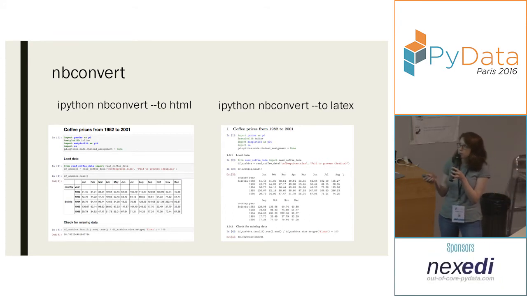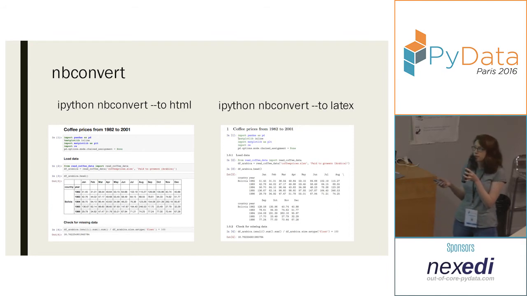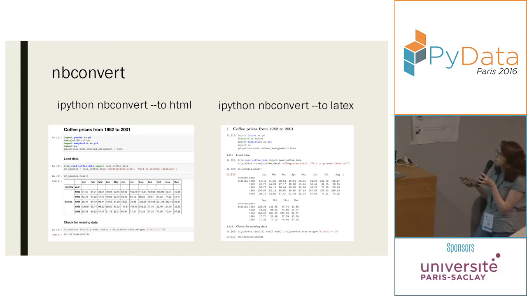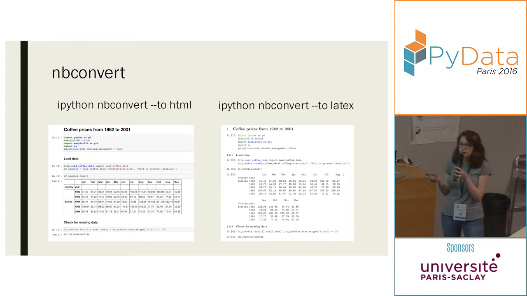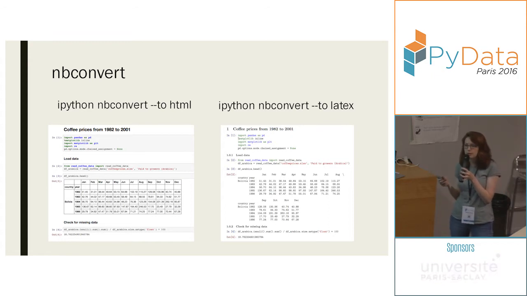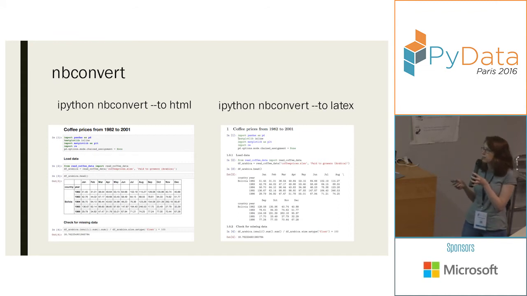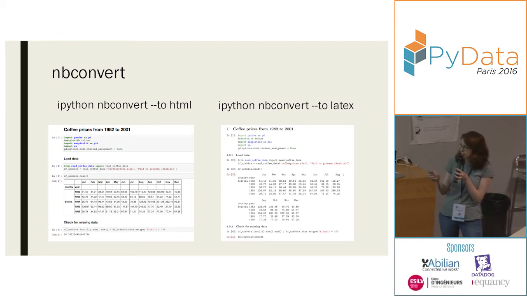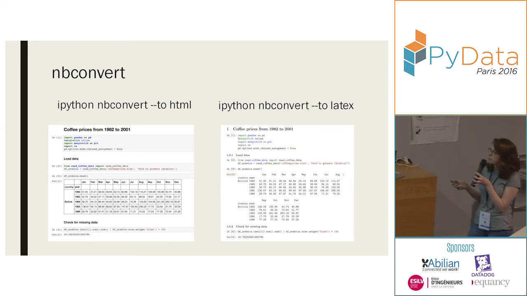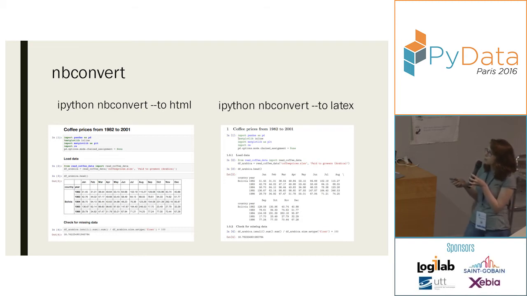I can also convert the notebook into a text document, which I can then compile to a PDF. What's quite nice about this is if I want to add equations into my text document, I can write the LaTeX in raw cells, which are not converted using nbconvert, but then will be compiled when you convert the text document to a PDF. So these are great, but probably most people wouldn't want to see the code. So let's look at some other options.